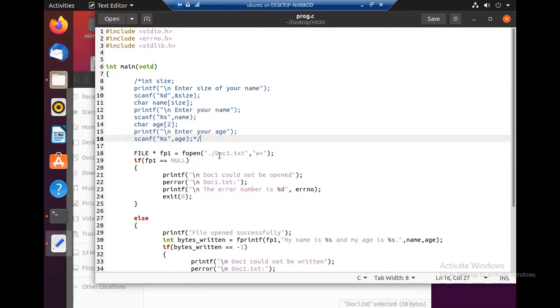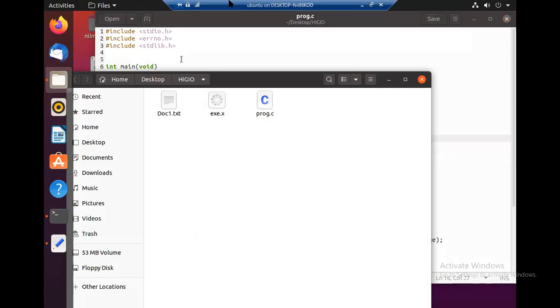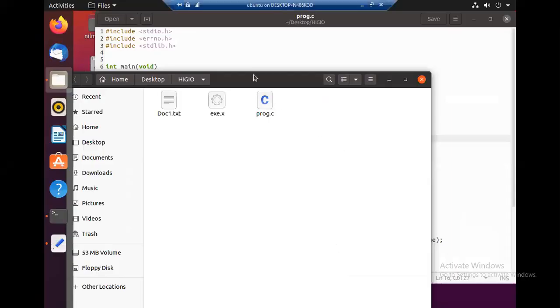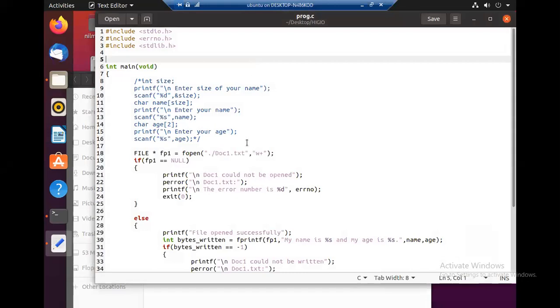Okay, so this is the one, but as this example uses only reading of the file document1.txt, I will open this one in read-only mode. As we are only reading from document1.txt and writing to document2.txt, if we specify R, that means open for read only.